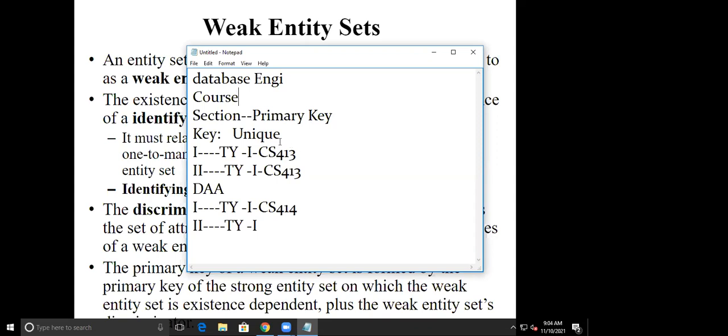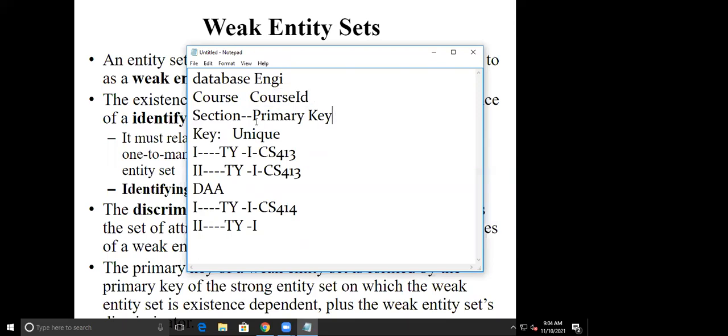So I'm taking the help of course ID in order to differentiate between the multiple subjects. Then this course ID, the primary key of my course, I will use in order to differentiate between the multiple sections. It means a section's primary key can be formed by taking the attributes of the course.